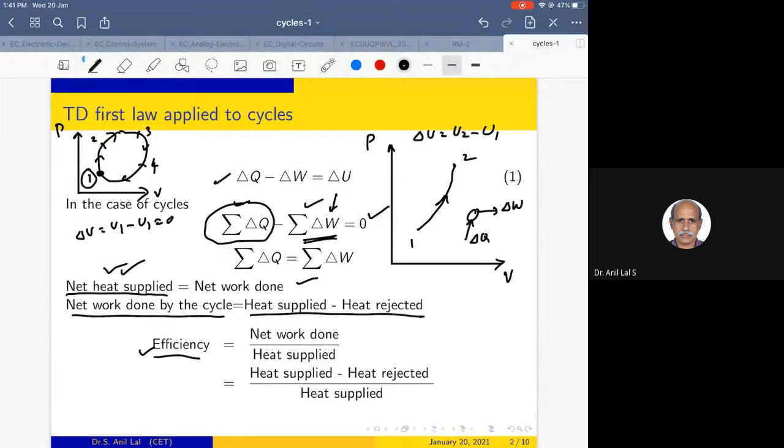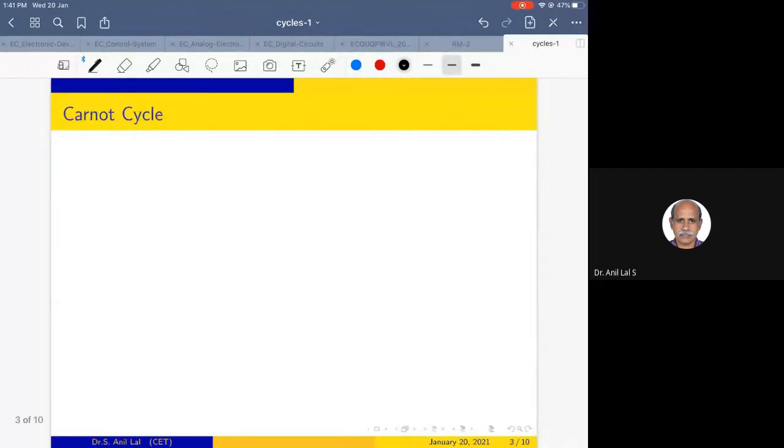As far as the energy conversion process is concerned, we are looking at the mechanical work output of the cycle. So the cycle efficiency is defined as net work done divided by how much heat has been supplied. The net work done is heat supplied minus heat rejected, divided by heat supplied. So you can even write it as 1 minus heat rejected divided by heat supplied. This can be taken as a basic fundamental equation for the efficiency of a cycle, or efficiency of a heat cycle.